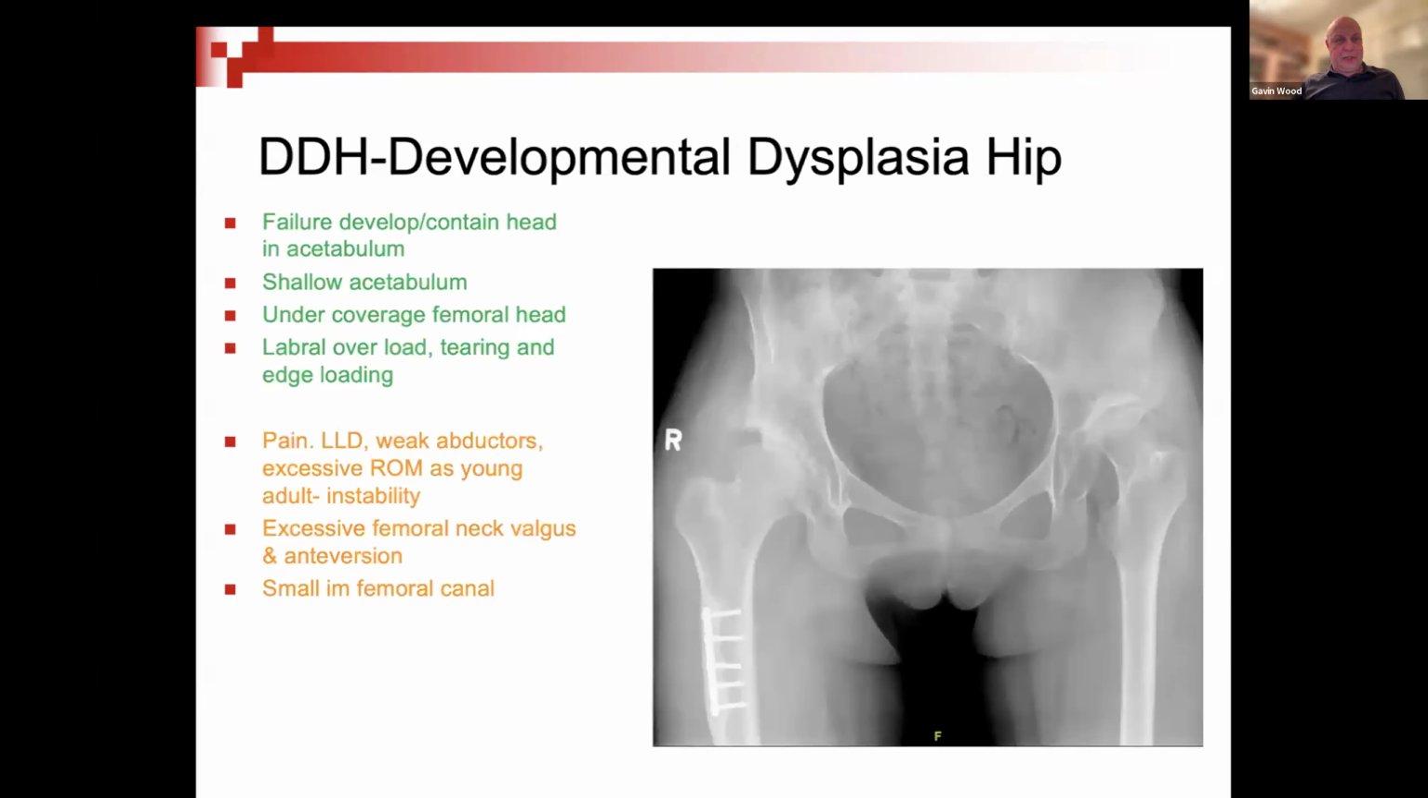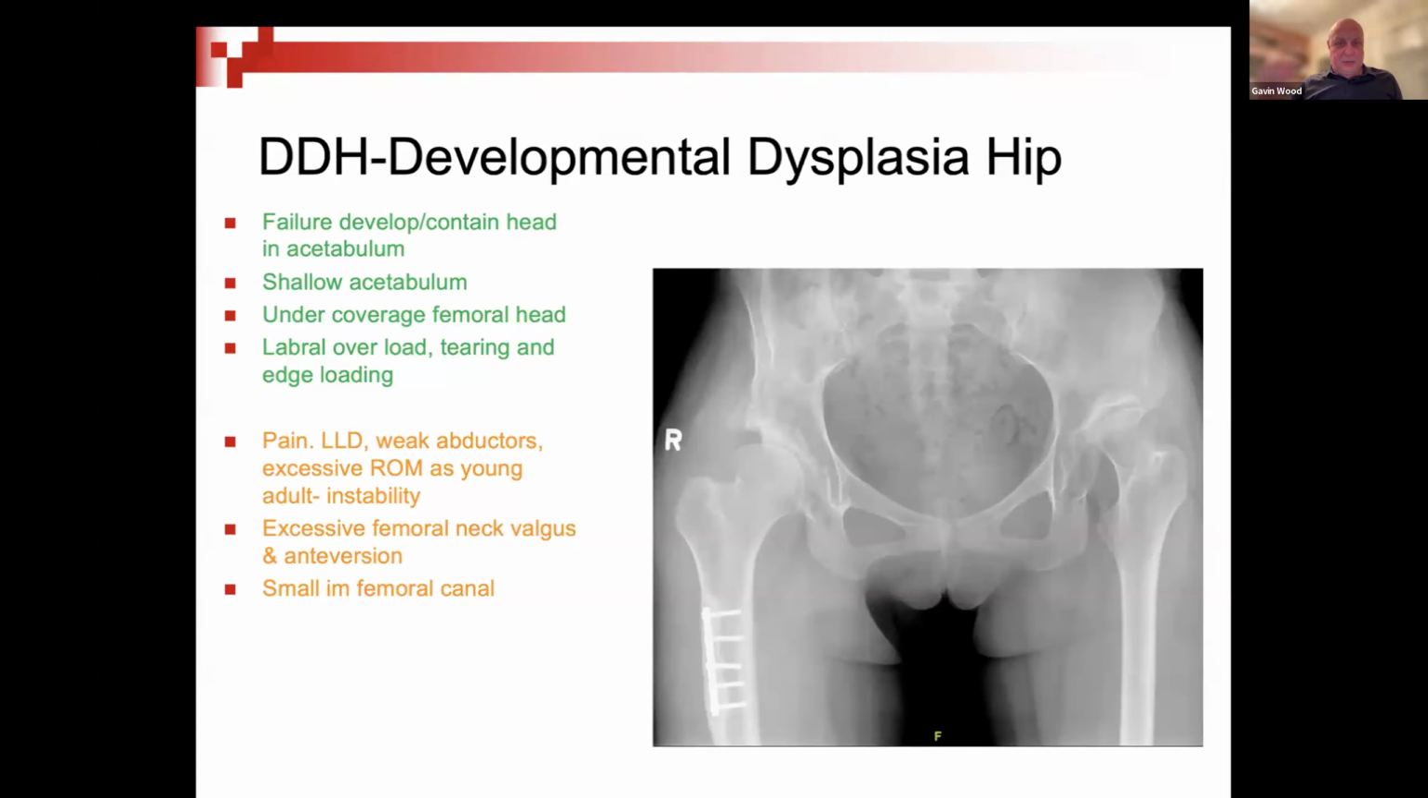Then we have developmental dysplasia of the hip, which essentially from childhood, either at birth or if it's gone unrecognized, can lead to failure of the head to develop, or the head is not contained within the acetabulum. And from your pediatric lectures, I'm sure you remember this can lead to a shallow acetabulum and often undercoverage of the femoral head. This undercoverage of the femoral head can lead to a large labrum and then labral overload with edge loading, and then it can cause tearing of the labrum, tearing or delamination again of the cartilage, and secondary osteoarthritis